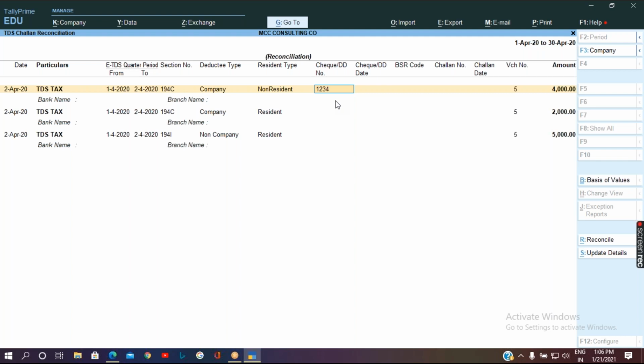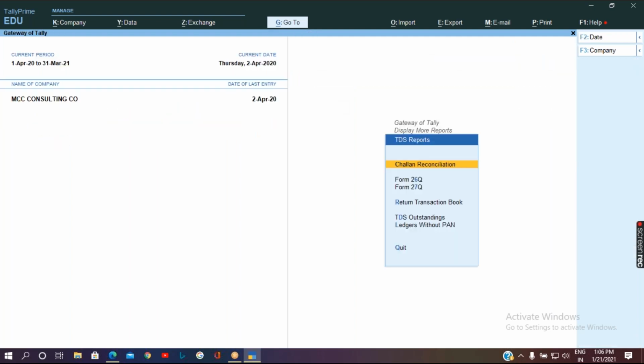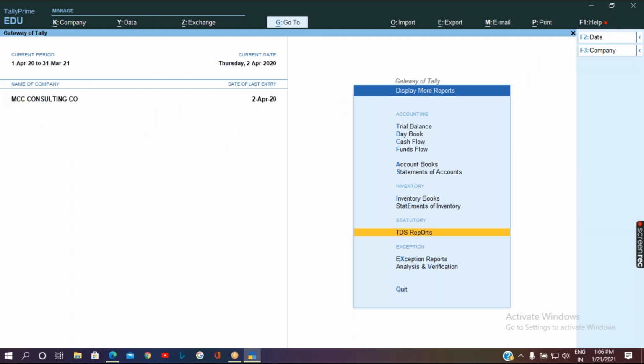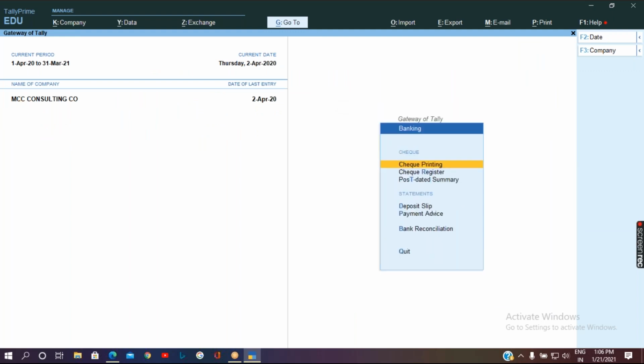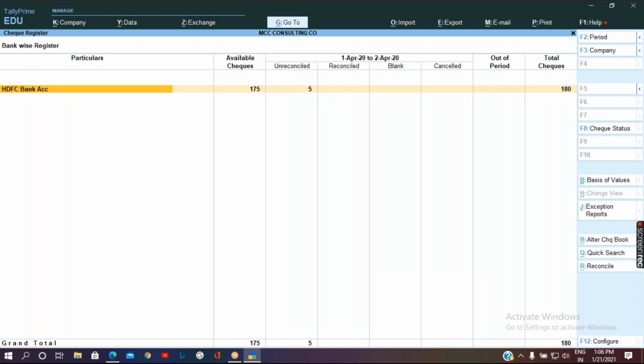Okay, so let me give the check number. Let me check what check number I gave in the transaction. In that case, I'll go to the banking, check register.